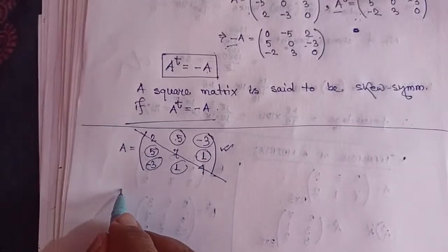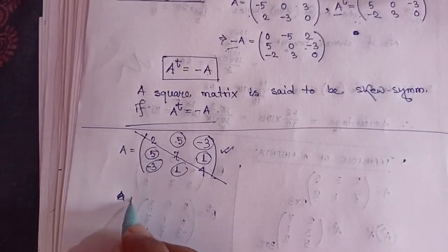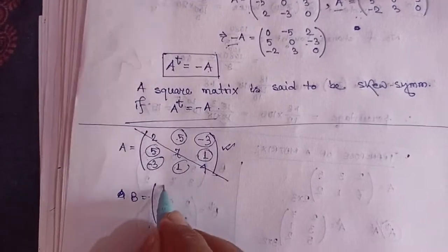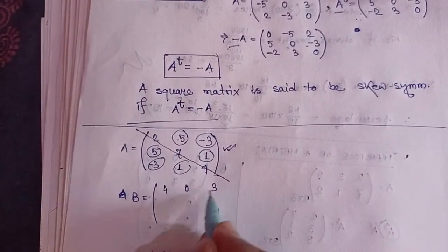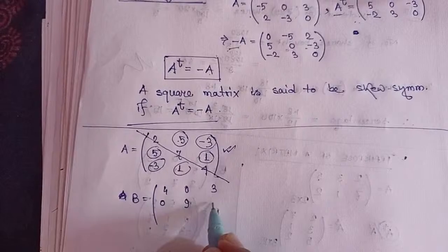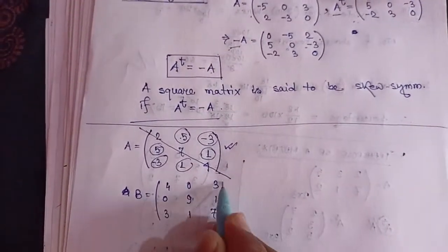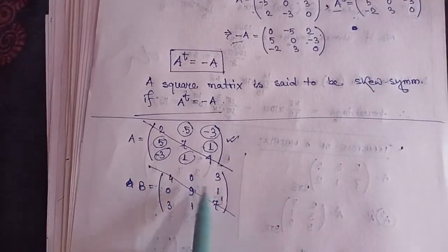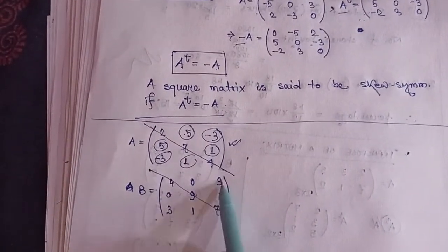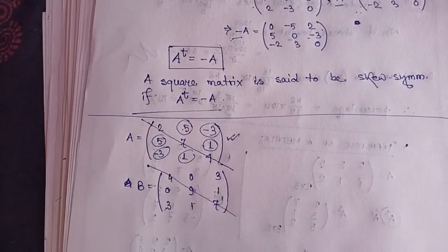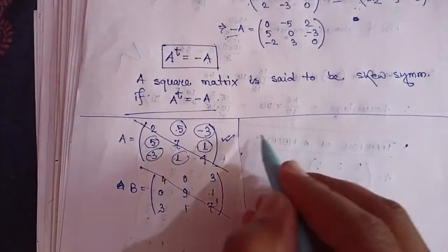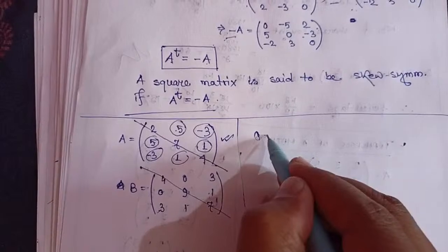In the same way, one more example I am taking, B equals 4, 0, 3; 0, 9, 1; 3, 1, 7. With respect to the principal diagonal, the same elements are on both sides, so it is also a symmetric matrix. One more example I am taking, C equals, suppose,